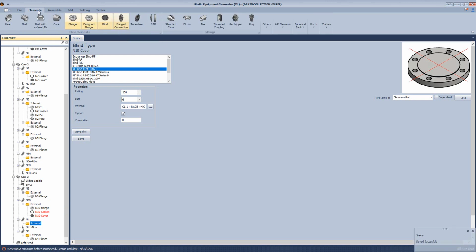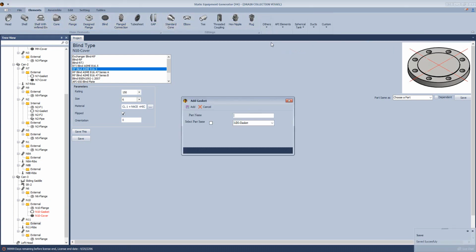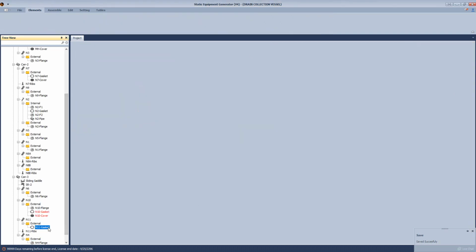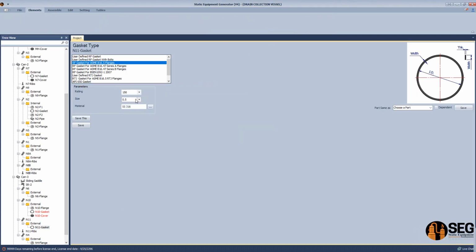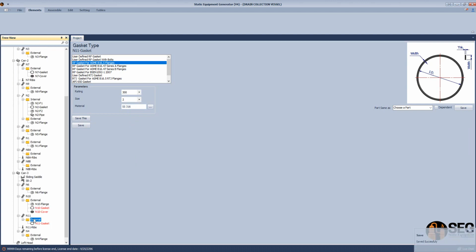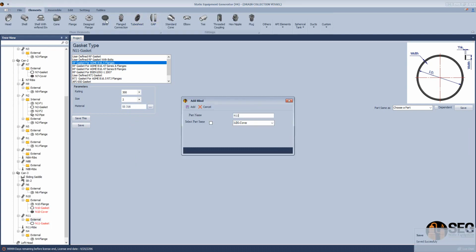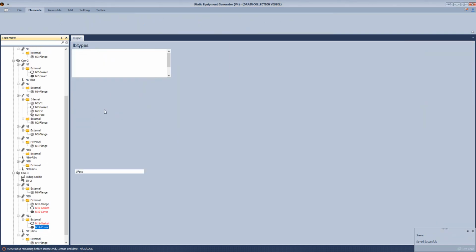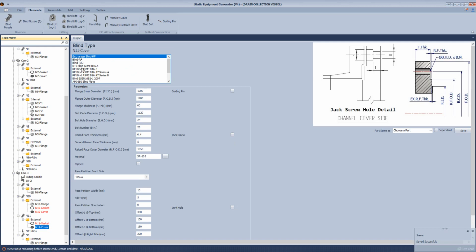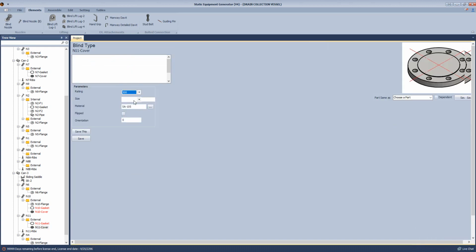Okay, and for nozzle 11, let's add a gasket in 11 gasket. I think it's a 300 and size is 2 inches. Let's add a cover in 11 cover. Okay, so from that one, we will select the raised face, select rating, size, and the material, and make this